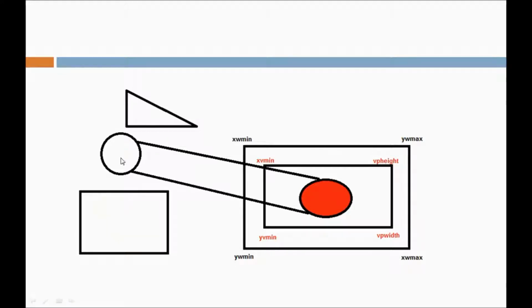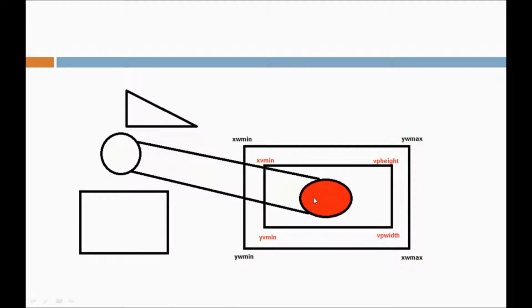Here if you want to display the scene in the screen, the first thing you need is a clipping window. So clipping window is used to display the objects of a scene. So any object that is outside the clipping window will not be displayed. So you can see here I am displaying only the circle here. That means I am projecting the circle to my screen.